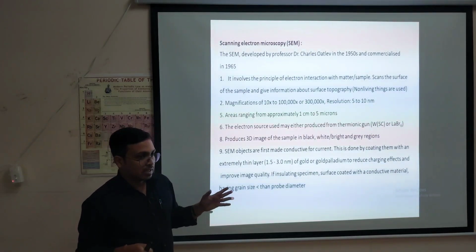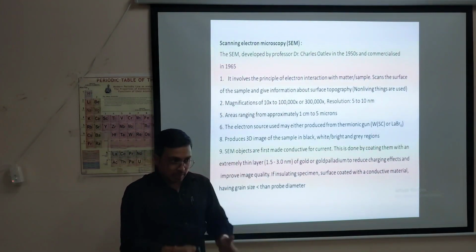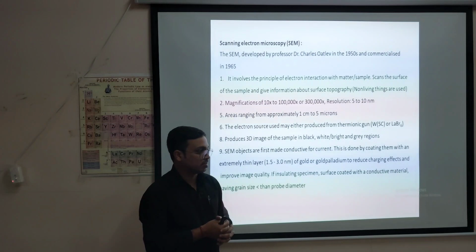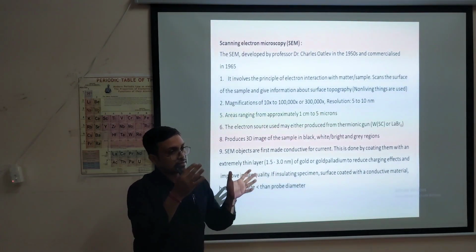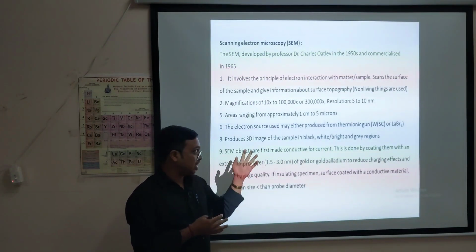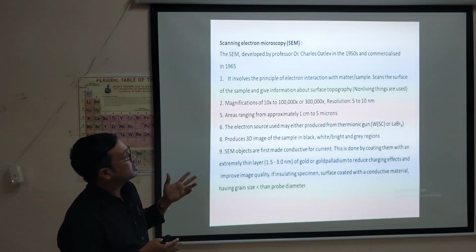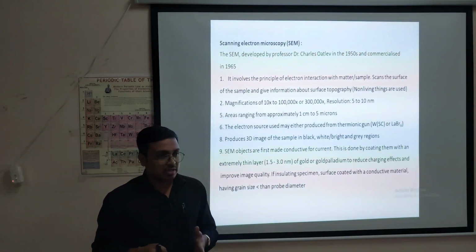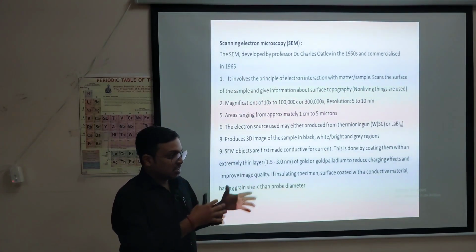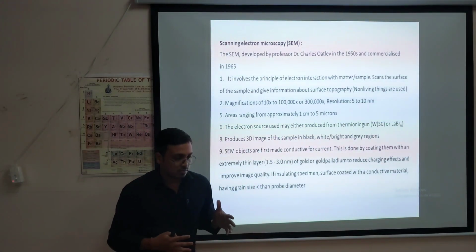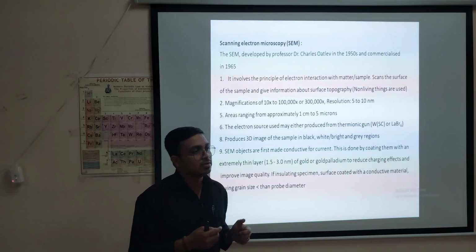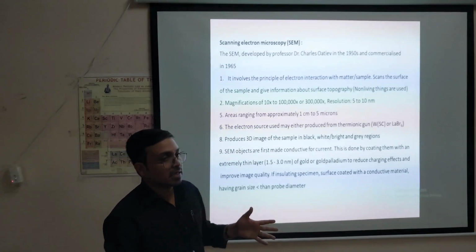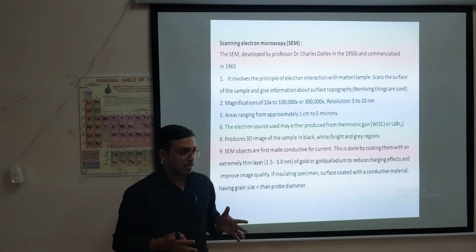I told you, in electron microscopy the system is a completely high-vacuum system. I will tell you the data: around 10 to the power minus 3-4 Pascal of vacuum is kept inside. In the instrument working principle I will go into detail on why that type of pressure and vacuum condition is required.